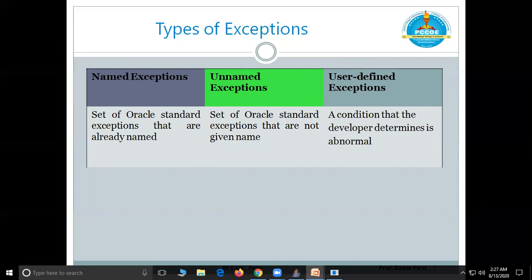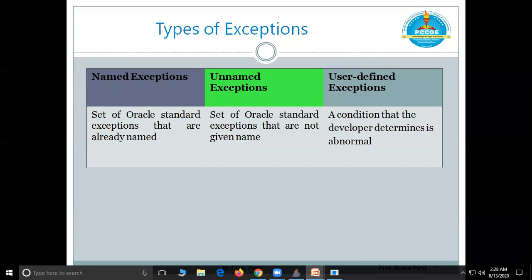Those repeatedly come when we are executing a PL/SQL block, and those defined by Oracle are the built-in exceptions. Out of those built-in exceptions, some exceptions have got a name. The Oracle system has given names to some of the exceptions. Those are 15 to 20 in number. Those are called named built-in exceptions.